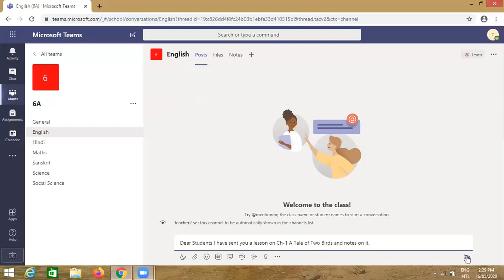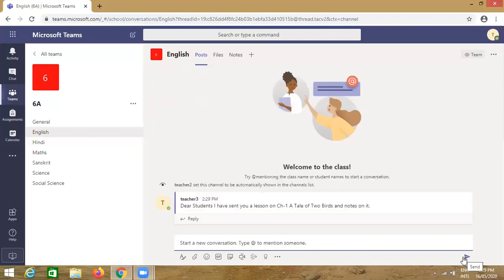So you will send this message by clicking on the send button here. So this lesson of English, notes on that, and a message has gone to the students.